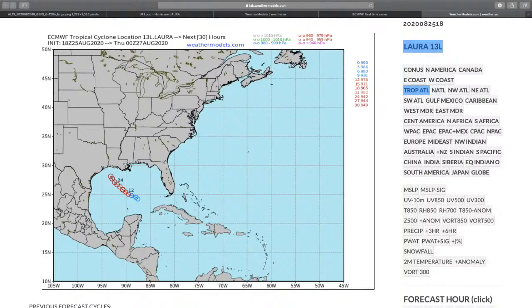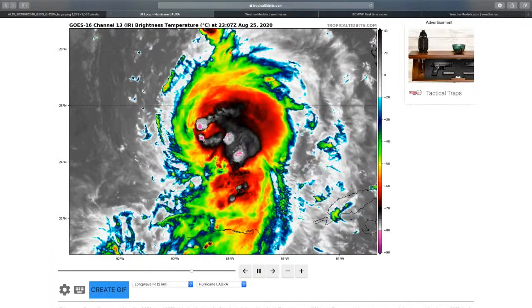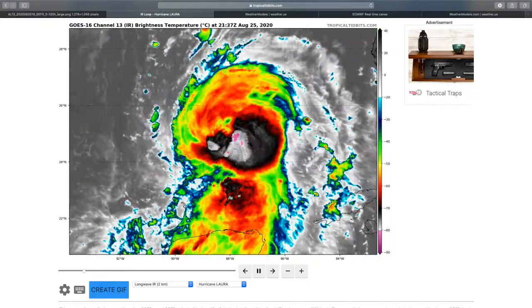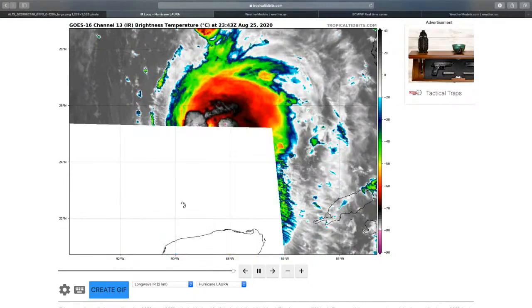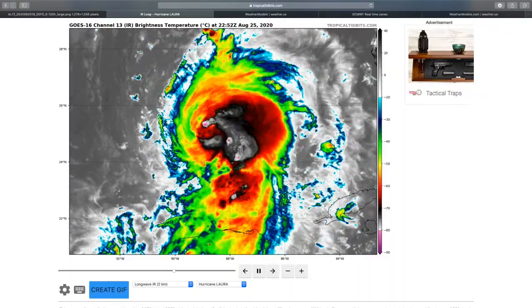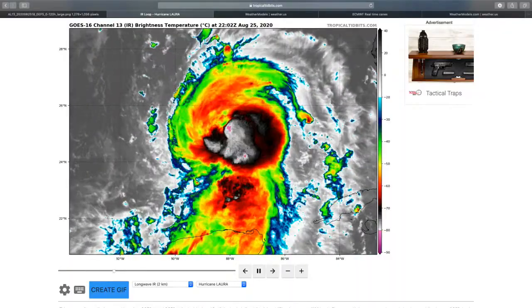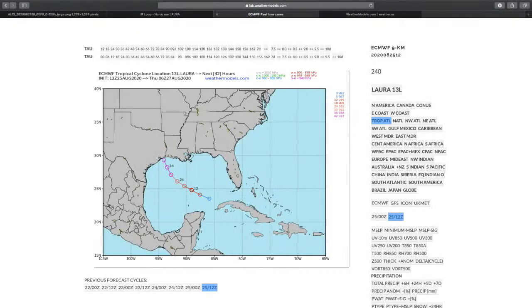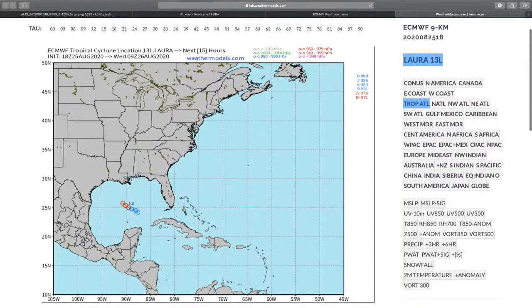And I apologize, I'm really not going to be able to take questions. I'm just looking at this live. Again, initialization looks good for the model based on current satellite loop, which puts the center right around 25 north, 89 west, with explosion of convection here to the west, which of course the satellite's kind of blacking out on me at the moment. But I like the location that the model has at the start of the model, which is always a good sign. Doesn't necessarily mean anything, but